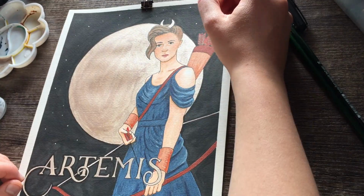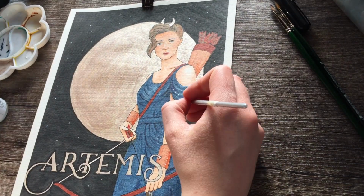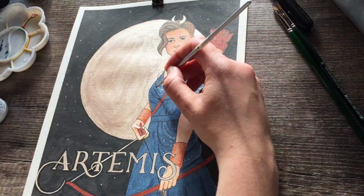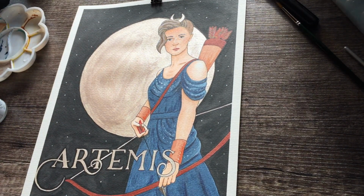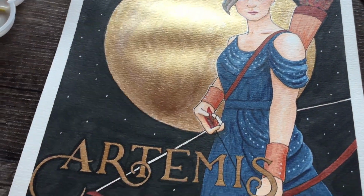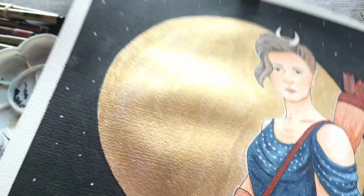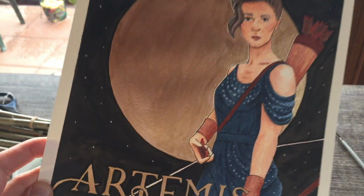Unfortunately, the tape does not block out the alcohol markers. That kind of bleeds underneath, which is not super helpful. But on the black, which is a liquid water-based ink, it gives a lovely line. And yeah, here I'm just adding little bits of beading to her dress and some stars, which I think worked out pretty well, giving it just a little bit more oomph. Like I said, I think using a bit more pattern would have made it more like my work, but we live and we learn, and like I said, this is early days,